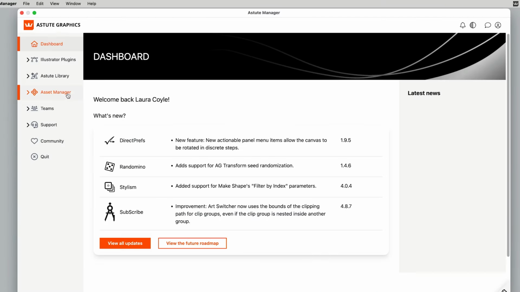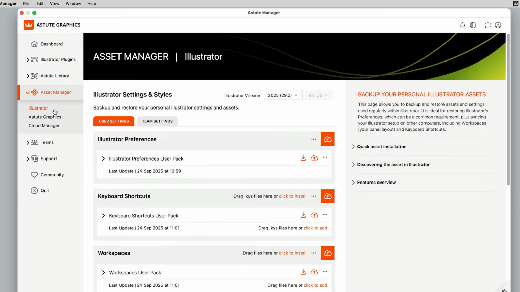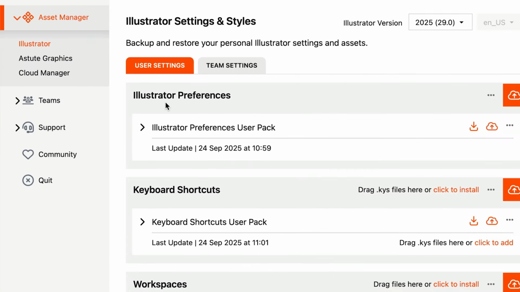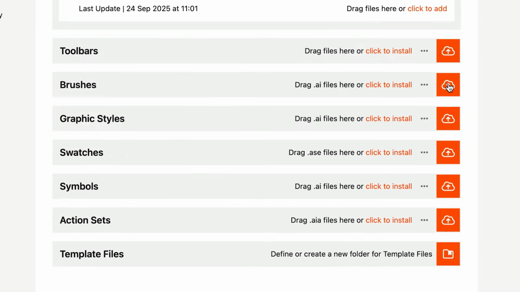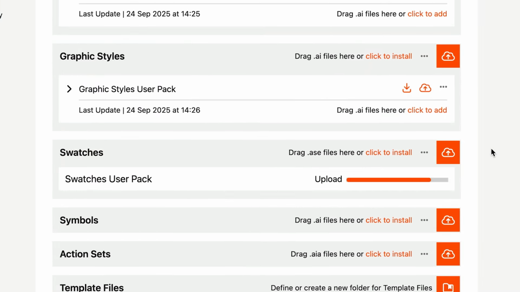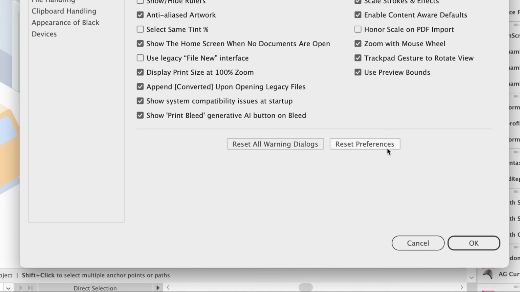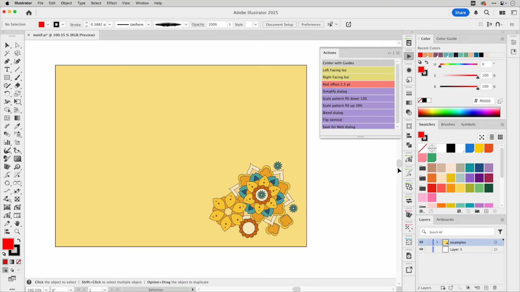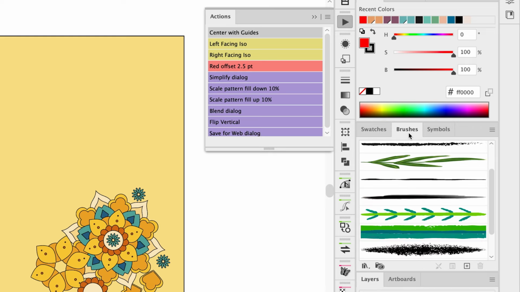Astute Manager Pro is a service that allows you to easily back up and restore your Adobe Illustrator preferences and settings, along with your own custom assets like brushes and color swatches. And if you ever have to reset your preferences in Illustrator to keep it running smoothly, or if you're setting up a new computer, you'll be able to restore all your settings and assets that you rely on with the